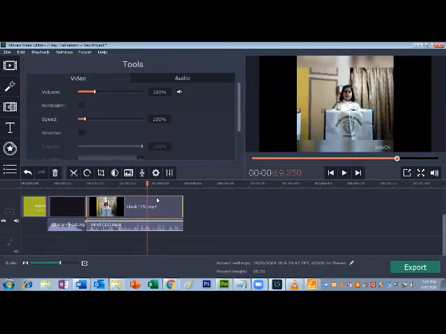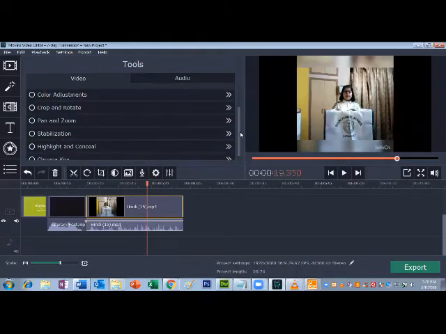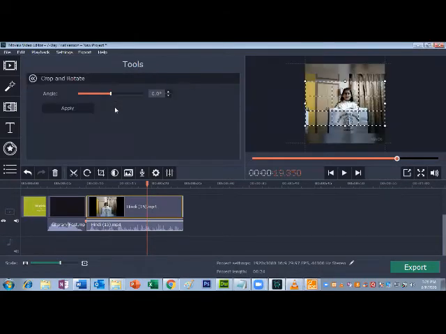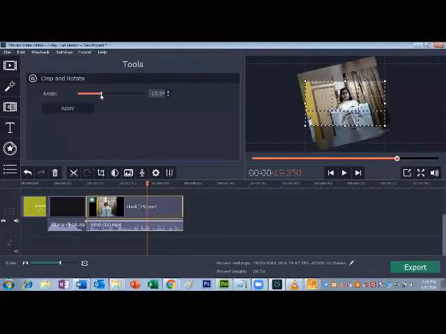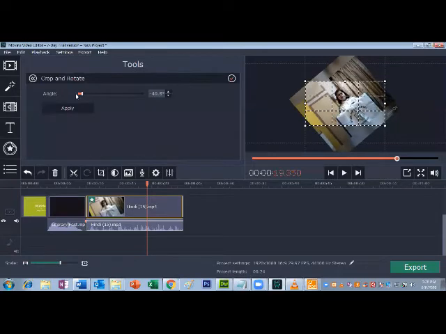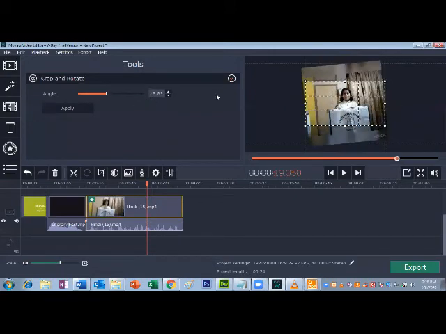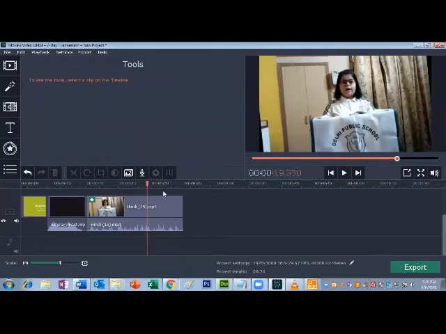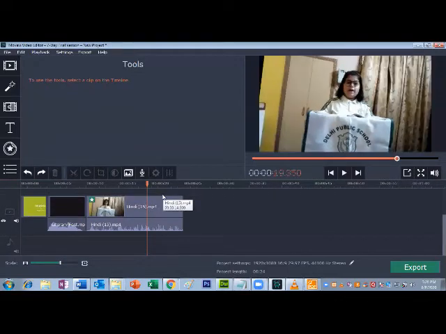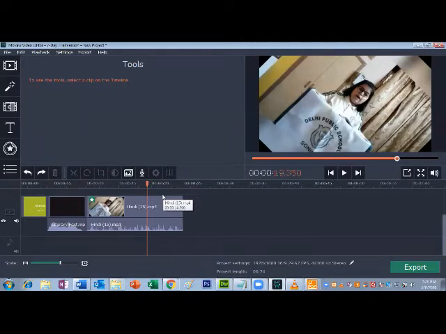For example, double click on the video or clip, then go to crop and rotate. If you want to rotate 90 degrees, minus 45 degrees, it is up to you, how much you want to rotate it. If it is rotated 90 degrees, you can re-rotate left side or right side. If something is done wrong, Control Z is there for undo.